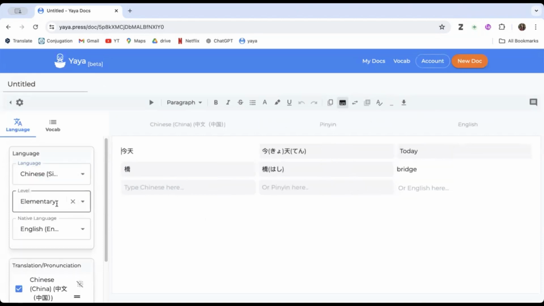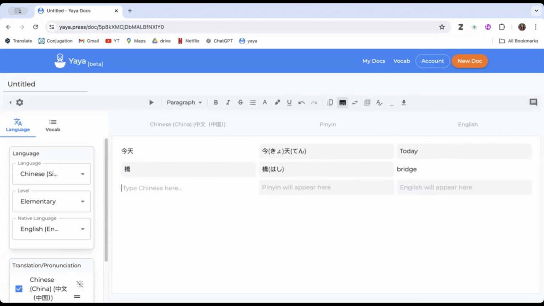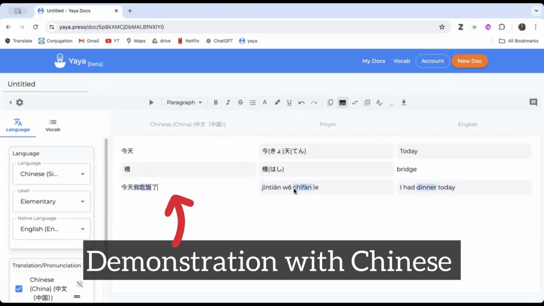Let's change to Chinese and give it a try. So now in Chinese, it becomes Chinese and Pinyin and English. When I give Chinese classes, I can just type in the characters as I speak. So if I want to say 今天我吃饭了, which is a sentence, then you can see the pinyin is shown here